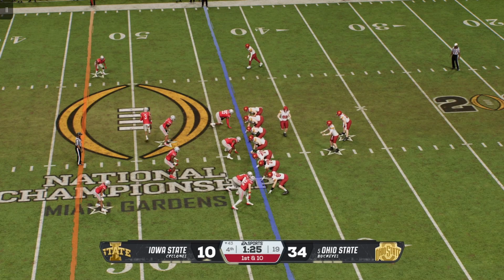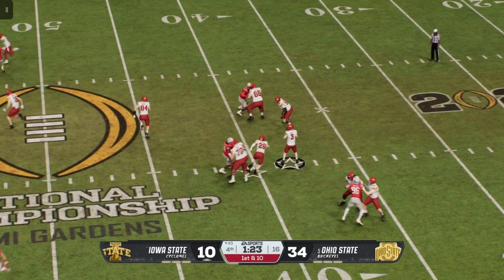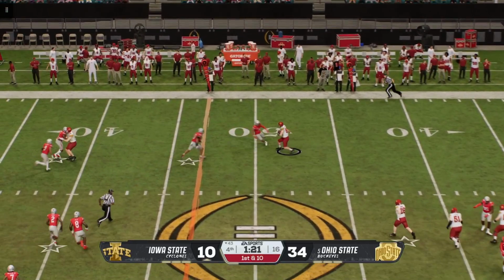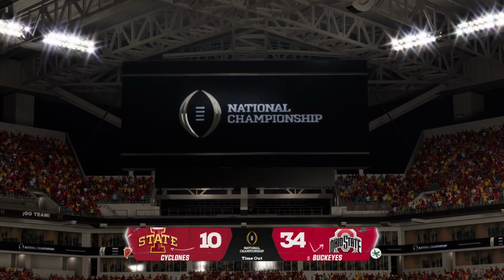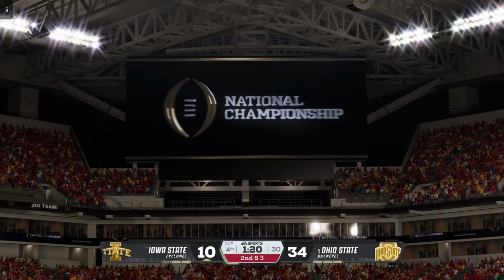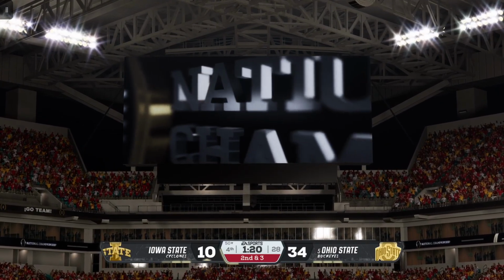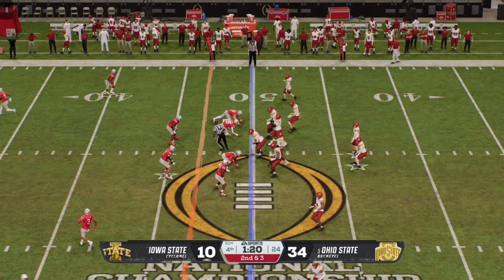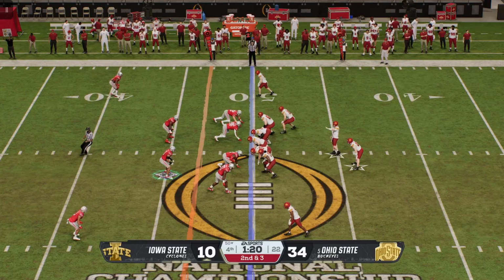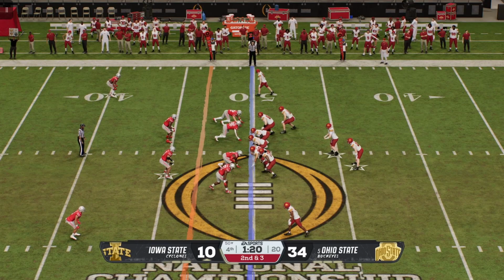The offense with some pre-snap motion. On first down, it's play action. Quick throw complete to the tight end. The offense will quickly spend a timeout here after the play. I really like what this defensive coordinator is doing right now. He's got a nice lead. Just sit back. The most important thing is tackling this offense in bounds so that clock will keep ticking.